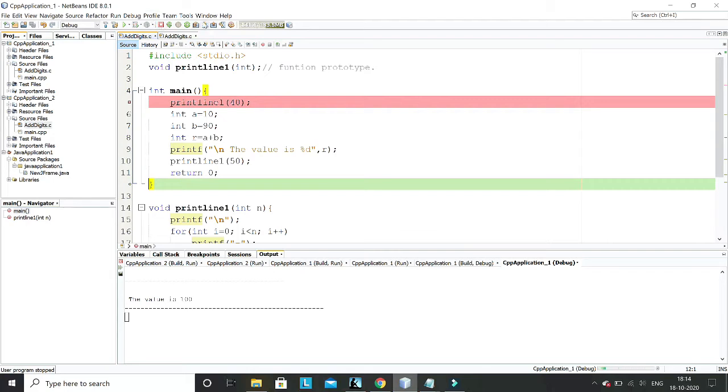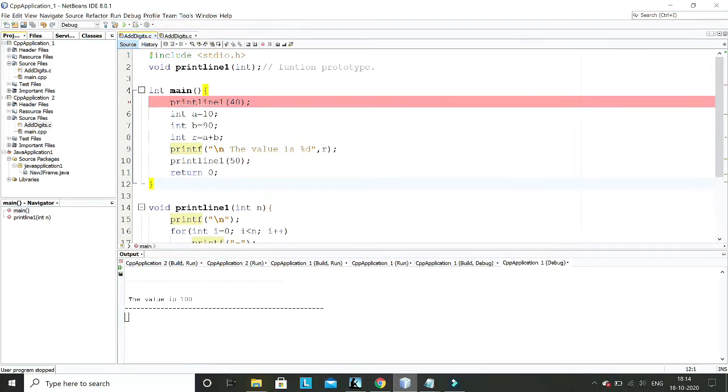Okay, so I hope the basics of functions are clear. One by one I'm explaining all these things. First of all, I created a function with no parameter and no return. Then I explained a function with a parameter but no return. I hope you understand the requirement. The first requirement was just printing a line of fixed size 40. At that time parameter passing was not required.